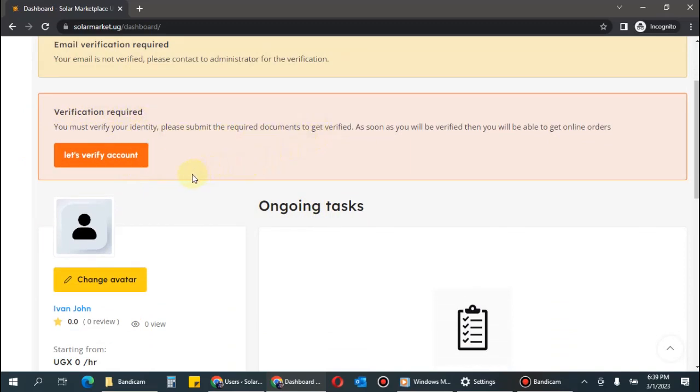As an installer, you will eventually have to verify. This is very important because we want anyone who gets in touch with you to have confidence that the person they are dealing with is authentic, experienced, and at the same time skilled in this job. That will be the last step. But for now,